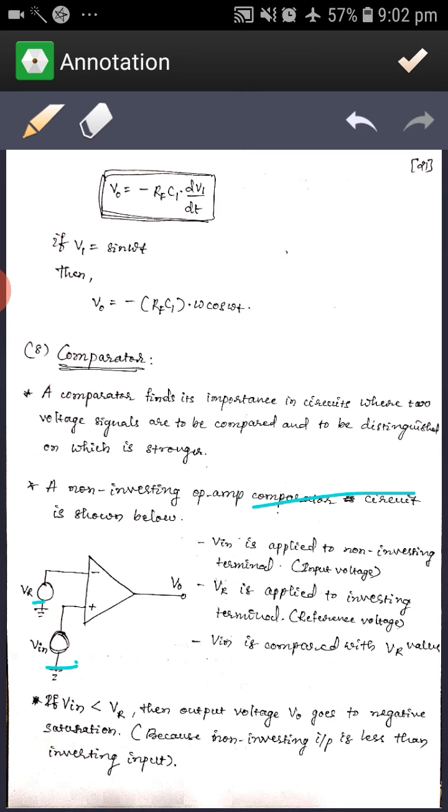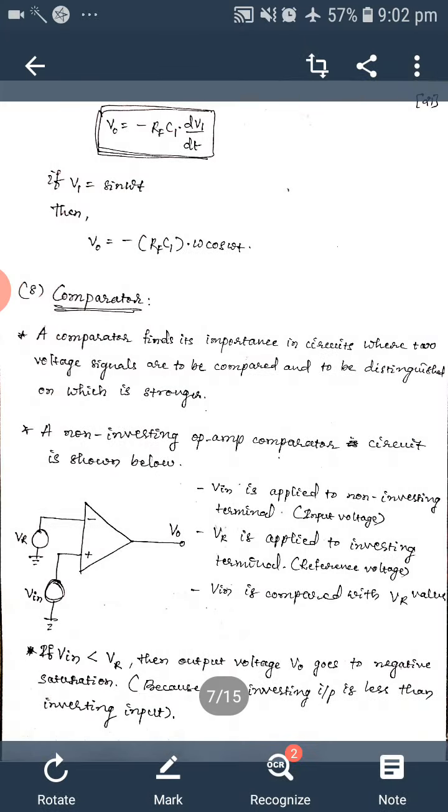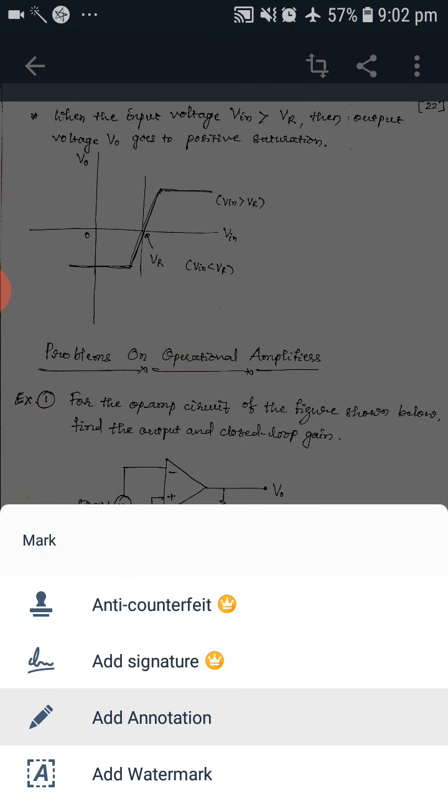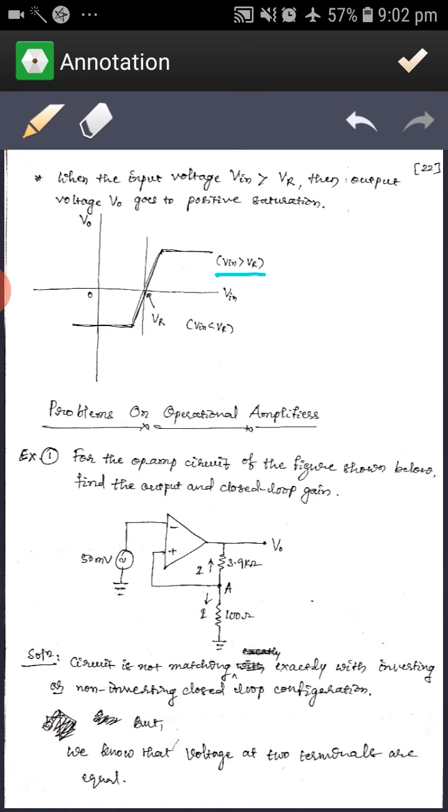We can see that in terms of the waveform. If you want to see, it will be like this. If Vin is greater than Vr, it will be positive, and if Vin is less than Vr, then it will be negative here. Whatever the vertical line, this is like Vr, the threshold voltage. If Vin crosses above it, then the output will be positive. If it is below that, then we call it the negative voltage. This is how the op amp will act as a comparator, giving positive and negative voltage with respect to the threshold voltage.